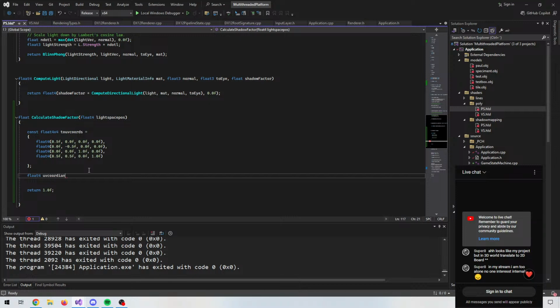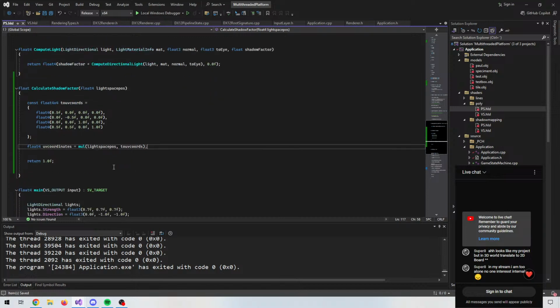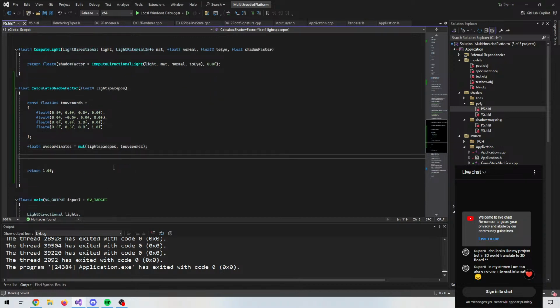UV coordinates. Let's say light position, yeah. And since we're not using uploaded matrices, but hard-coded matrices, we can actually